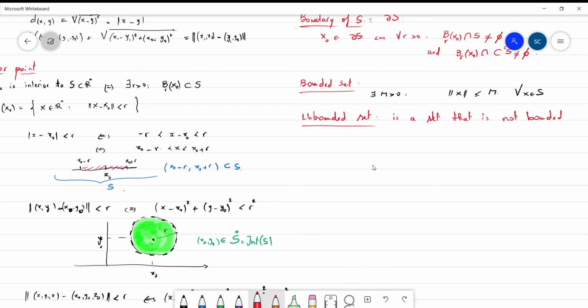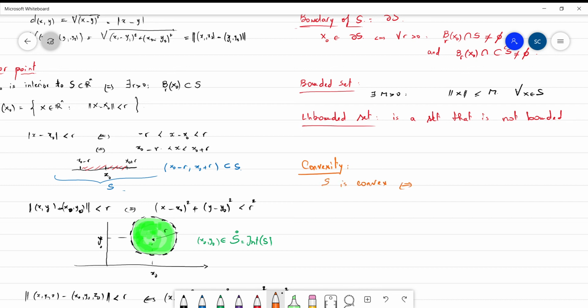Now here we need sometimes to move along a line segment, so we need to define the convexity property. So S is convex